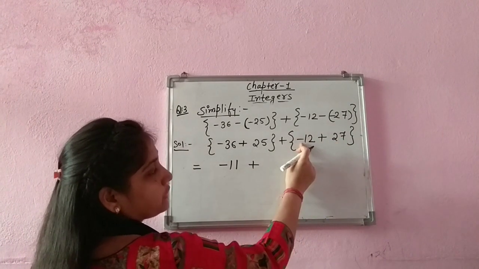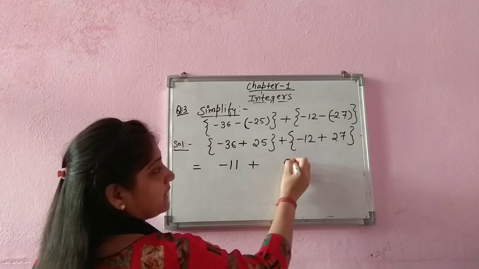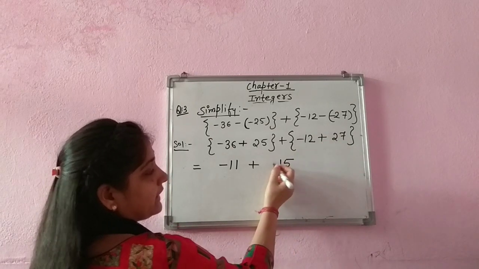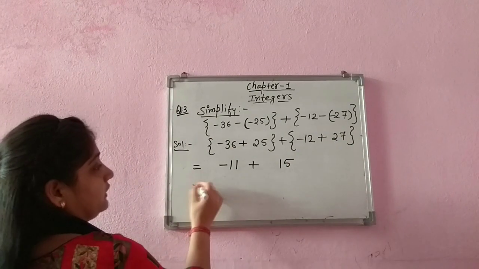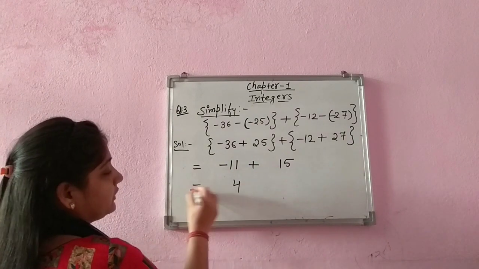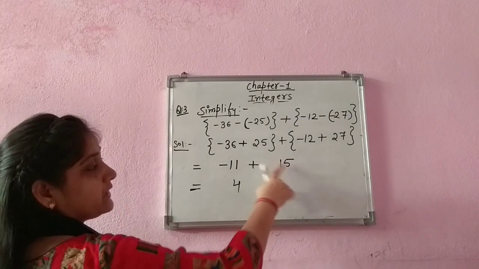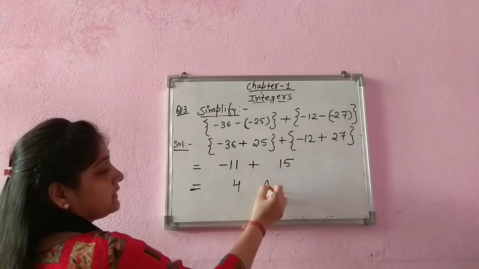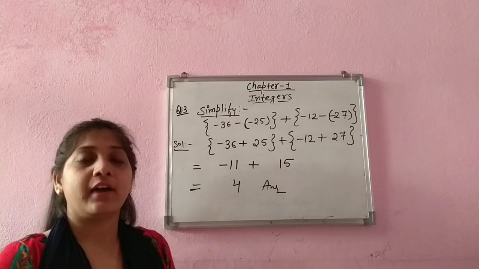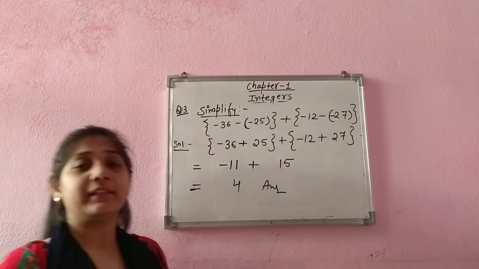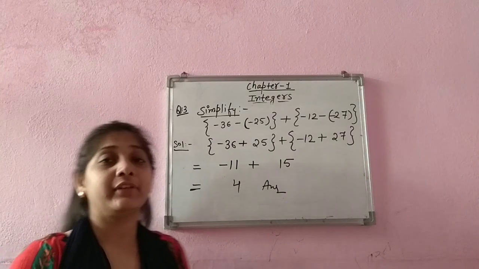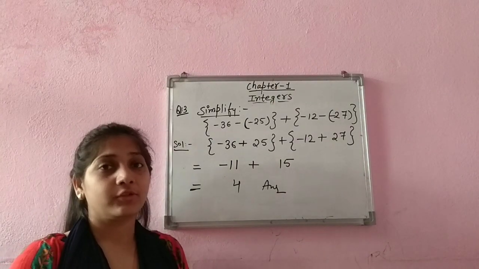Same thing, subtraction because of different signs. 7 minus 2 is 5 and 1. Here 27 is bigger, which has a positive sign. That's why it remains positive. Now observe these different signs. We have to subtract. 15 minus 11 is 4, and 15 is bigger with the positive sign. That's why it remains positive. So the final answer is plus 4. So in this manner, after learning the add, subtract, multiply and divide of integers, we can solve the questions. Here we have learned different types of questions. So thank you.